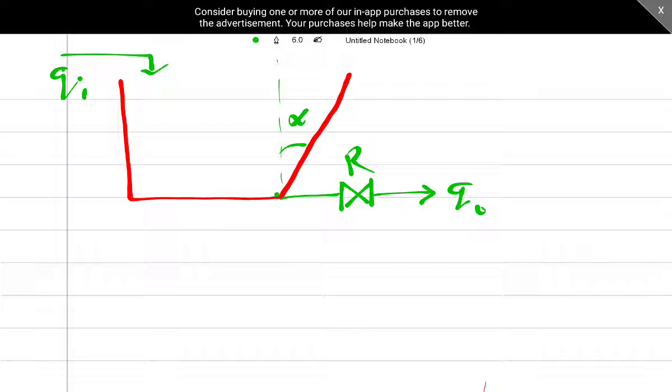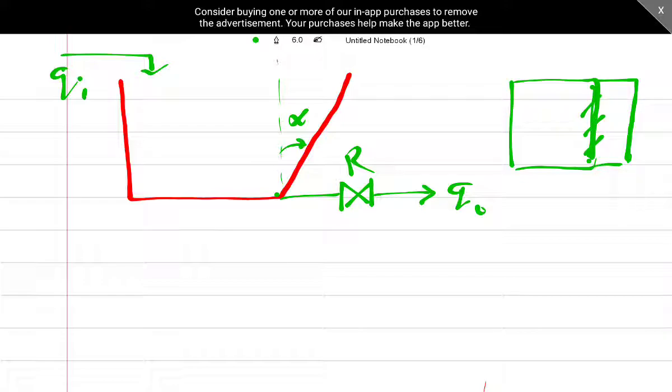So this is a tank, this much is your rectangular tank, and one side is elevated at an angle alpha. If you see the top view, a rectangular tank will be seen like this, but as it has an inclination angle alpha, you will find this line here if you see the top view from here.